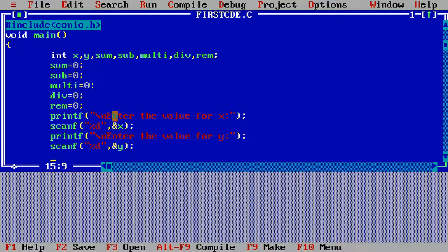These two statements simply use printf, which prints the message "enter the value for x" onto the screen, and I am using the scanf function. I write %d because I want the integer data type, taking from the user an integer value and storing it into the x variable. The ampersand represents the address of x, meaning the value the user gives will be stored at the address of x. I use the same procedure for y, and I comment here and write simply addition